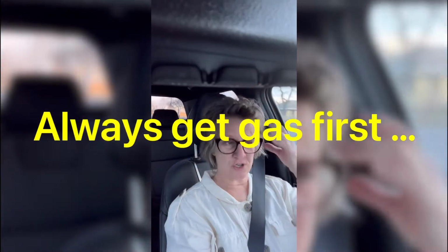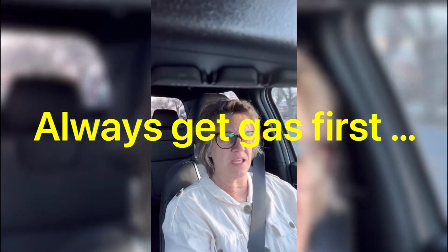You know, we can keep them washed, and we can keep them vacuumed out so that we don't get garbage and lint and dirt and mud or whatever all over people's groceries or on their bags or whatever. So I try to always make sure I keep my vehicle clean. I also make sure that I have a full tank of gas at the beginning of each. Then I feel more put together and more ready to take on the day, and